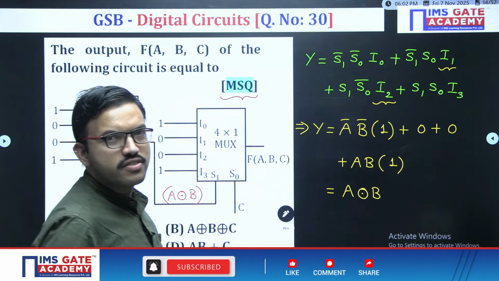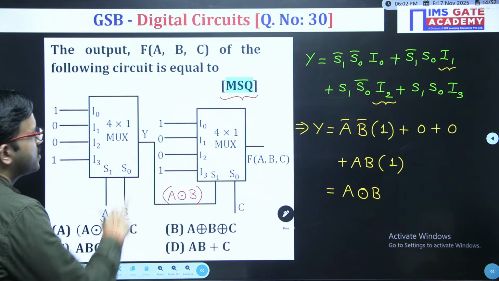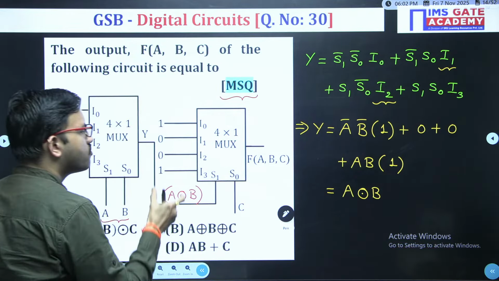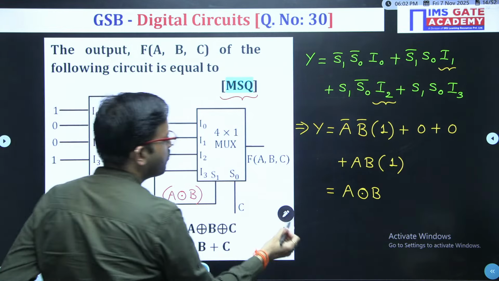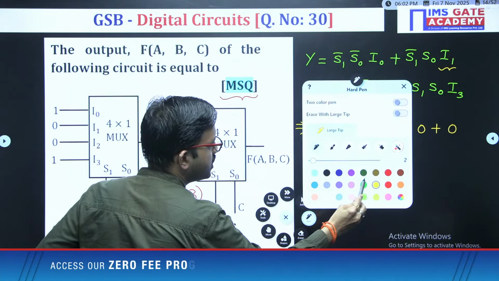Yes, very good, Suganya, very good. So here, in the first stage, we are getting A XNOR B. Now, once you have understood up to here, after that, in this case, the second stage whatever you are having,